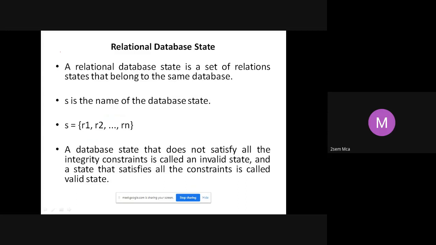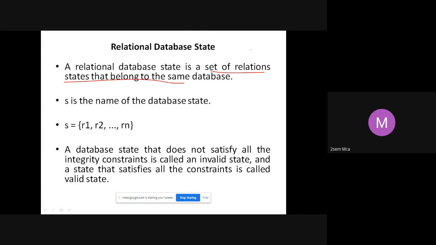What is a relational database state? Whenever we talk about state, state is always a collection of relation states. That means in each table, how many records do you have? That is nothing but the relation state. In every table, I have certain records. The collection of all that is your database state.